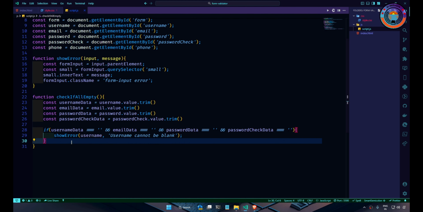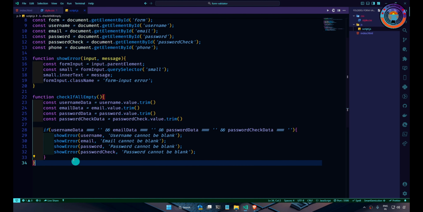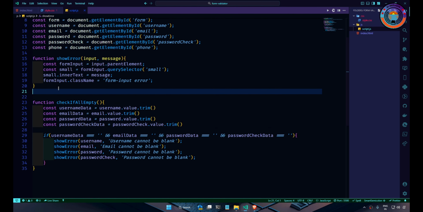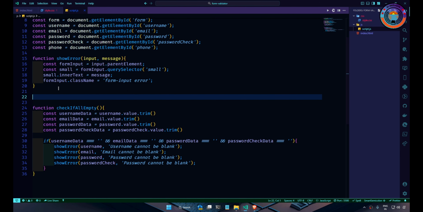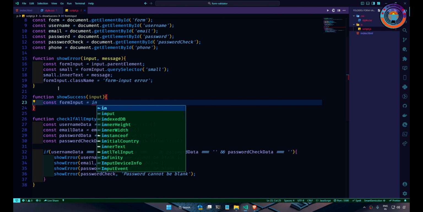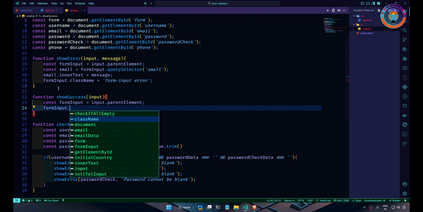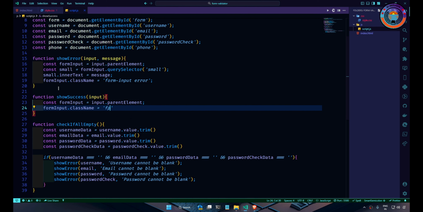In this check if all empty, we are going to write, after we have defined this function, we are going to define another function to show success messages or success information. So we are going to write function showSuccess, and then we are going to just target the input, and there will be no error messages. So we are going to write const formInput, and then this will be the same as input.parentElement, and then we are just going to write formInput.className, and this will be